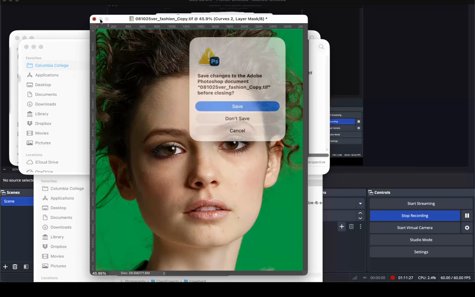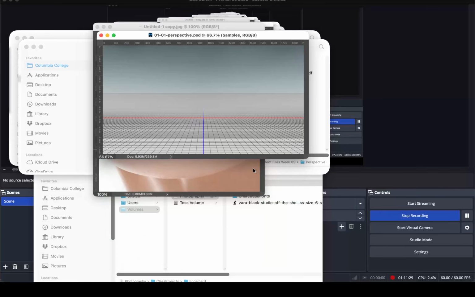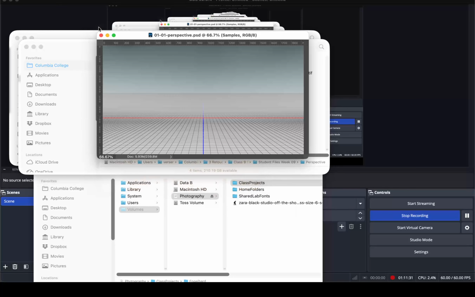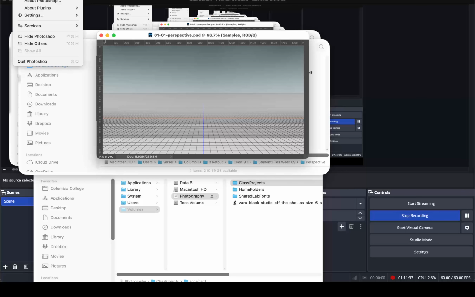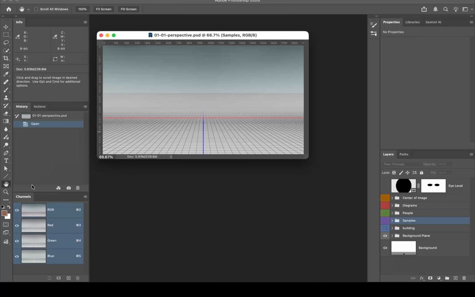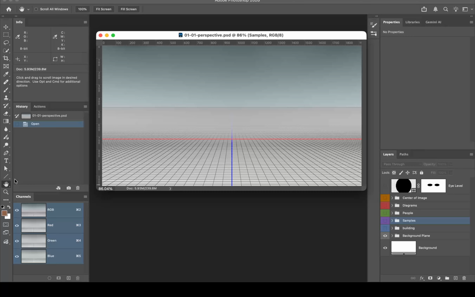I'm going to get rid of all this other stuff. Okay. So if you double click on the hand,